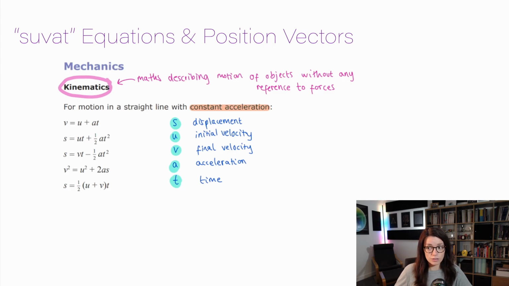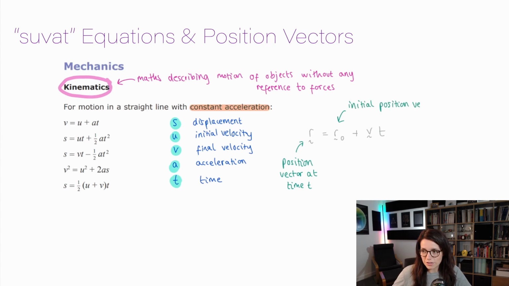Kinematics is just maths describing motion of objects without any reference to forces. Now there is an additional formula which is not in the formula book, which is useful when you're dealing with position vectors, and that is r equals r0 plus vt. This r is your position vector at time t. This r0 is your initial position vector. v stands for constant velocity. t stands for time. Again, this is not in the formula book, so you've got to learn this one off